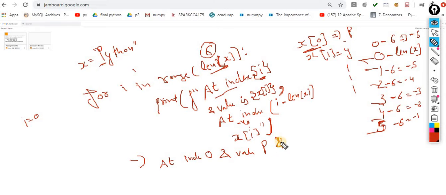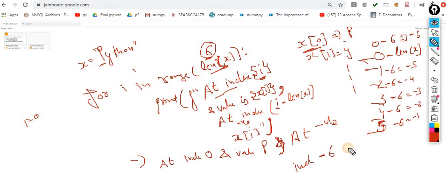Then, comma, at negative index: the starting value of i is 0, 0 minus len of this string, 6, so I will get -6.